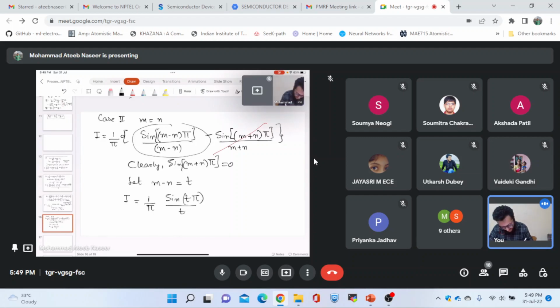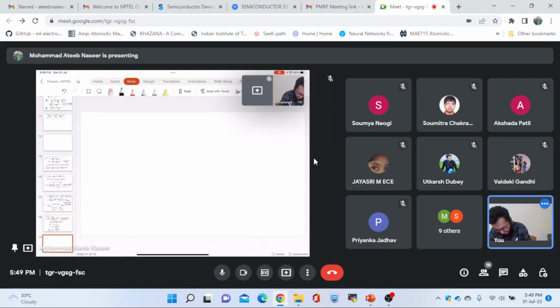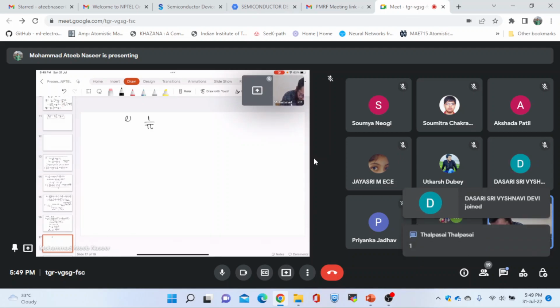Now I know m has to be equal to n, so this limit t has to tend to 0, and this expression will be sine of t pi by t. And now we will use L'Hopital's rule, and we will simply get it to be 1 by pi limit